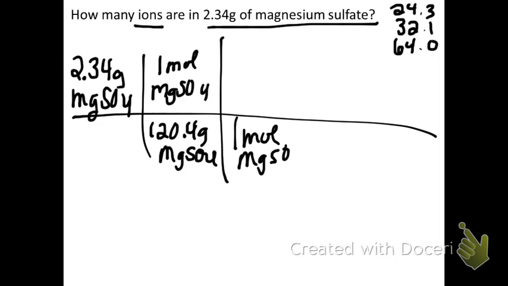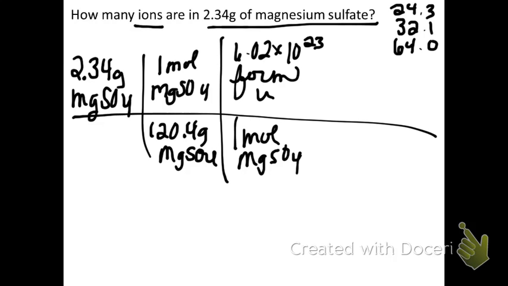Now comes the time to use that Avogadro's number. Just make sure you use it appropriately. Since magnesium sulfate is ionic, well, how do I know that? It has a polyatomic ion in it. It's a dead giveaway. The representative particle is the formula unit. But I don't want formula units. I want ions. So in 1 formula unit of magnesium sulfate,